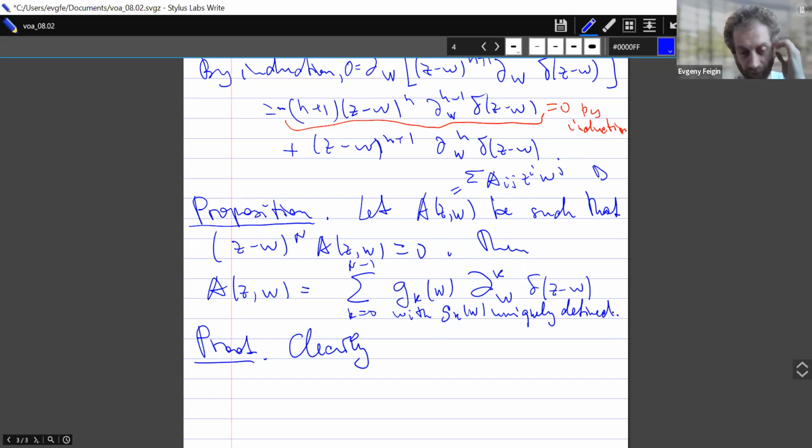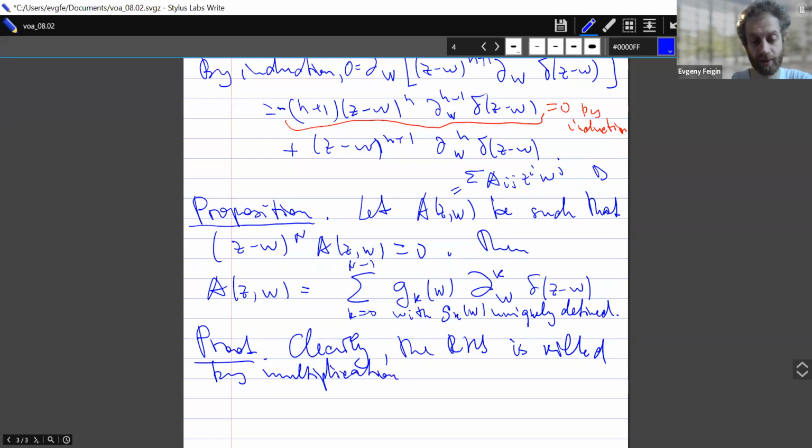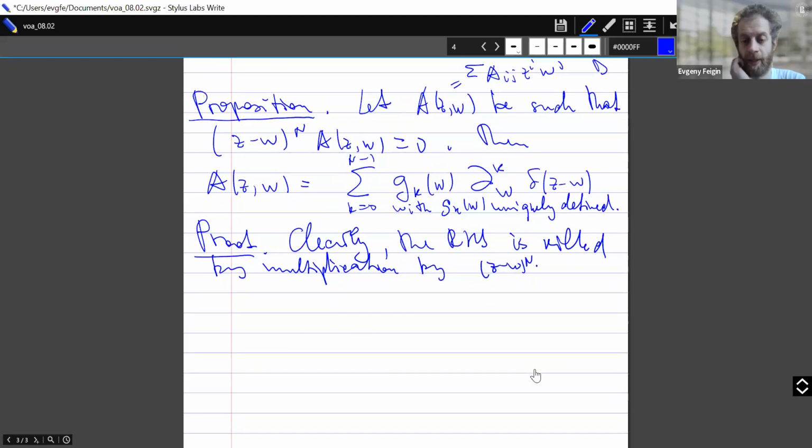So clearly the right hand side is killed by multiplication by (z minus w) to the n. Okay, and then